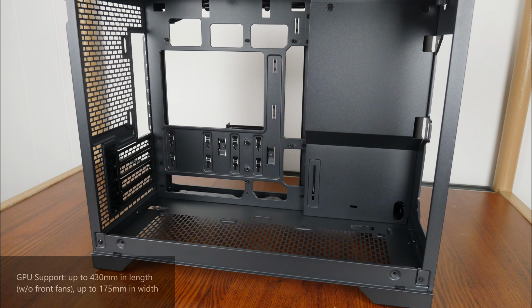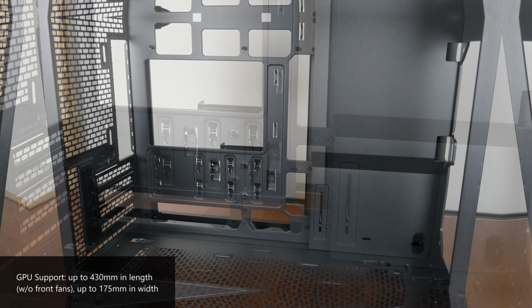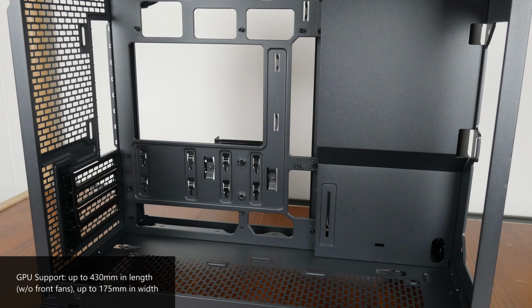For your GPU, the XT M3 comes with support for graphics cards with lengths of up to 430mm. This figure is for when you do not have intake fans mounted on the front panel, so you'll need to factor your case fan's thickness into the equation. We've also got width clearance of up to 175mm,